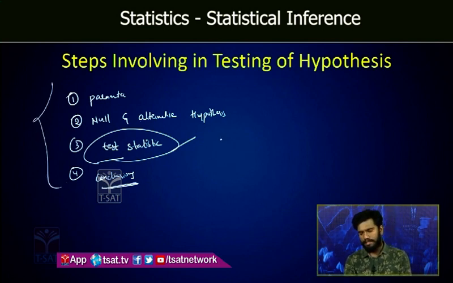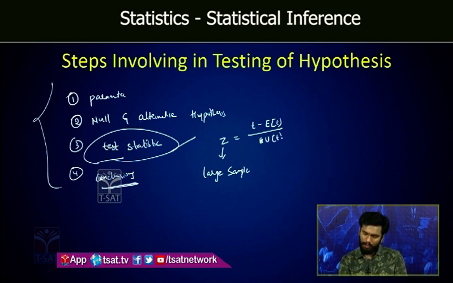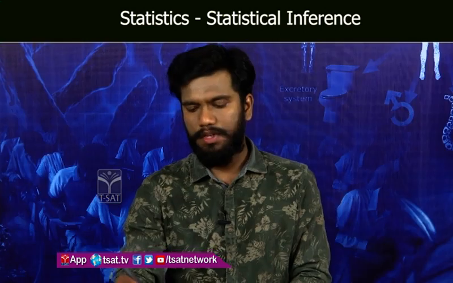Now this test statistic Z for large samples. First large samples we discuss, then we go for small samples. For the large sample, the test statistic Z is equal to T minus expectation of T by the standard error of T, which follows